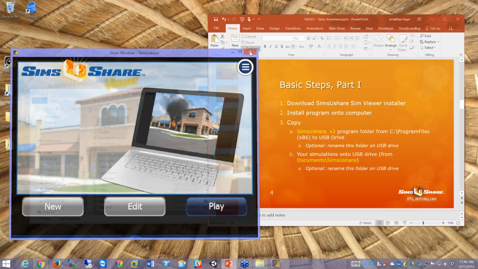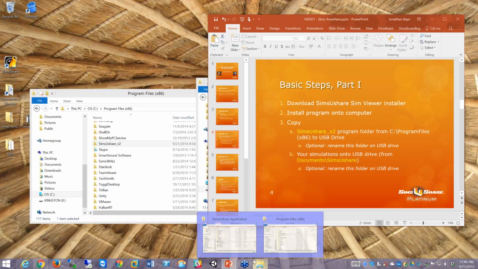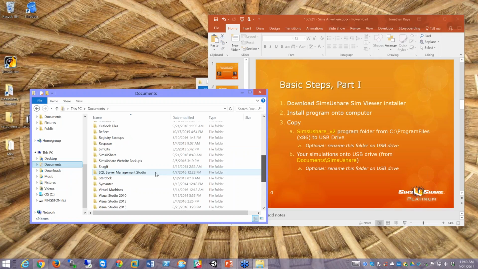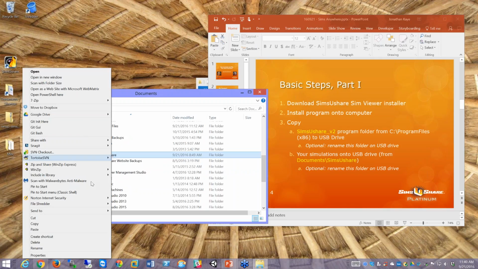I'm just going to close this, and now, instead of program files, I'm going to this PC, documents, and I'm going to find my SimsUshare folder. This is the folder that's going to have all the sims in it and the configuration. So what I'm going to do here, SimsUshare, I'm going to copy this one,